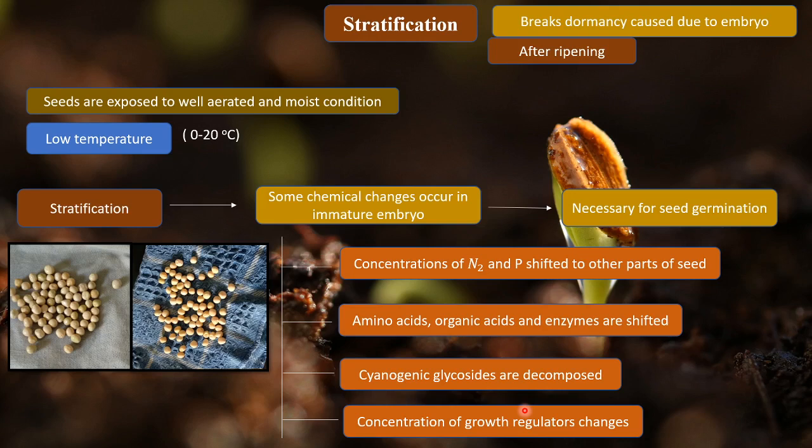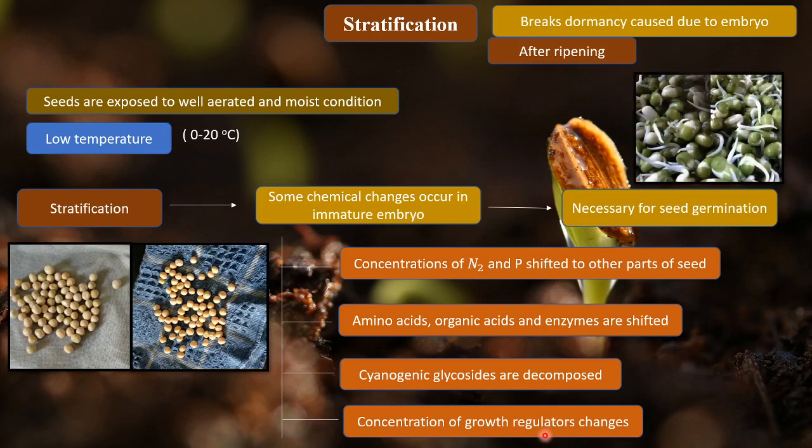For germination we need growth stimulators like auxin and gibberellins, right? So the concentration of growth regulators will change accordingly for germination to occur. So this is stratification,